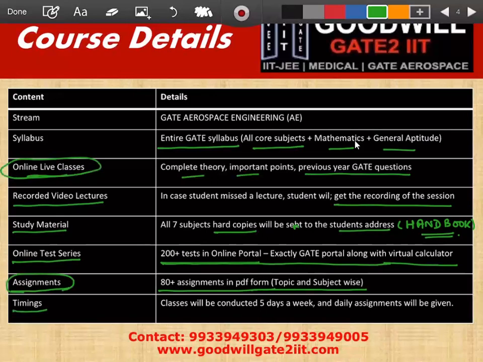Timing wise, because this is online, and I've seen that people are working, or mostly people are in fourth year, they have some college classes and other commitments. So we are doing this 5 days in a week. When I say 5 days in a week, Monday to Thursday is what we're going to fix, and one class we have kept on Saturday. With the remaining days, Sunday and Friday, we will be talking about doubt clearing sessions.